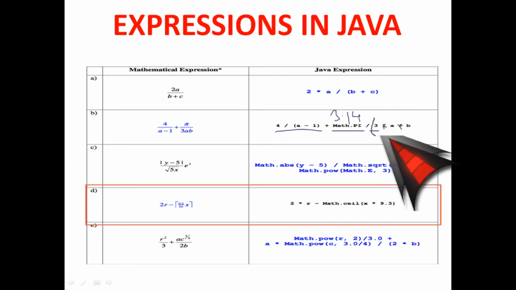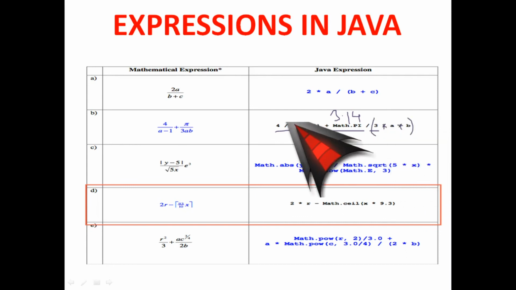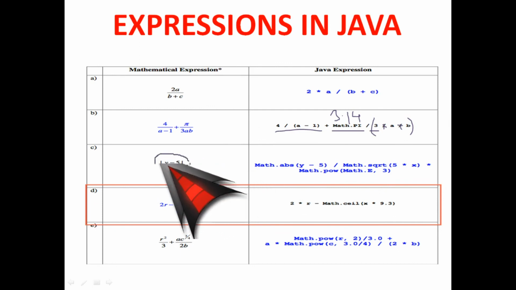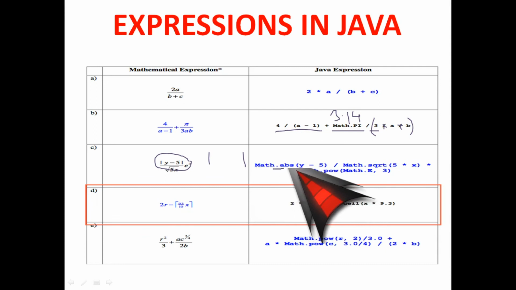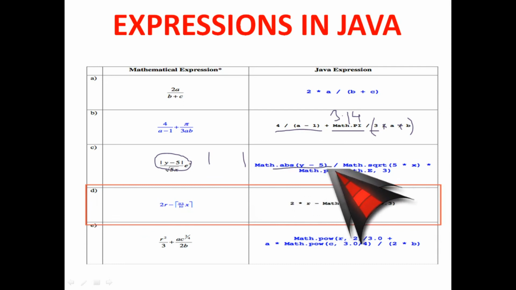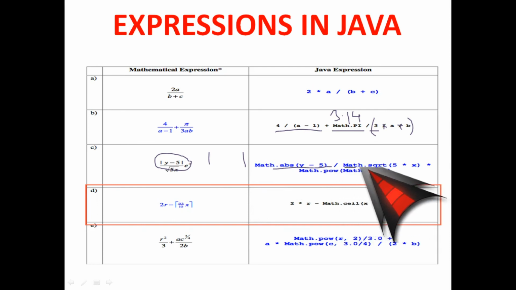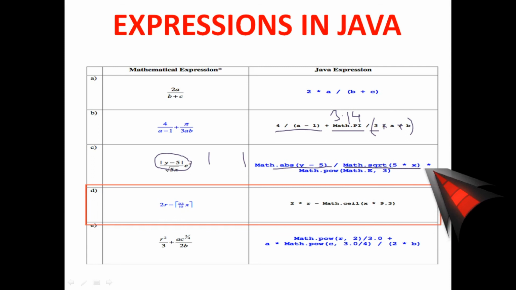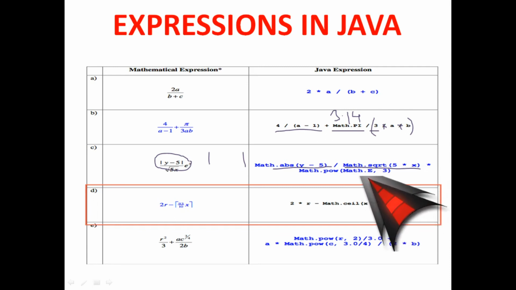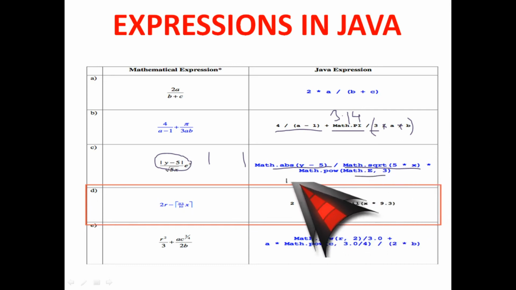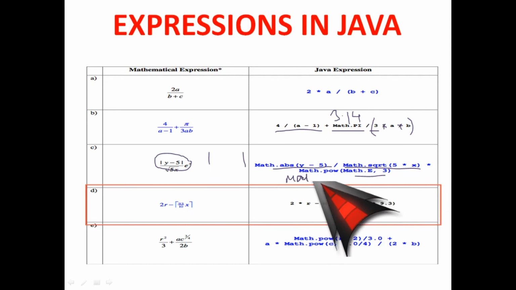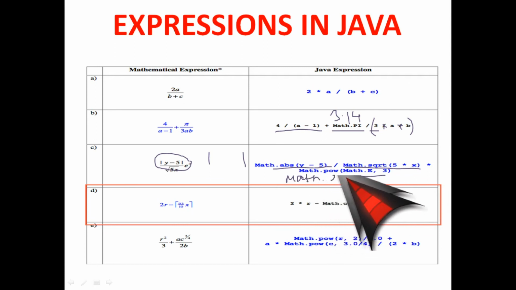Now this sign, please remember the up sign, which is known as math.abs, and along with that we have math.sqrt of 5 into x, and exponential power of 3. They did it in this way. I would prefer you to write it as math.exp, and in the bracket you write 3.